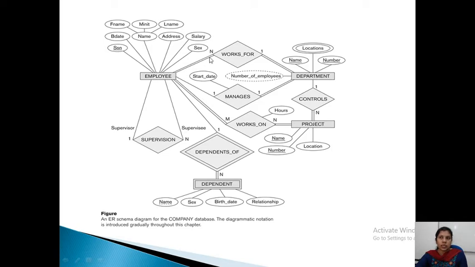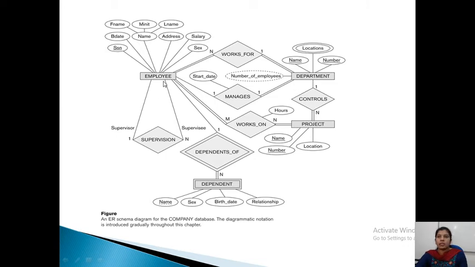So that's why here it is n and this side it is 1. That is a many to one relationship. Employee works for department is a many to one relationship. So several employees can work in one department. They cannot be mapped to multiple departments.